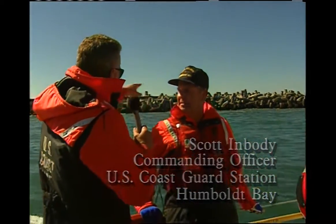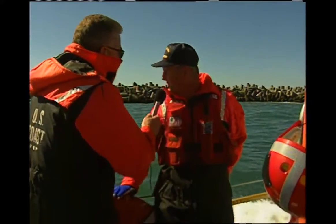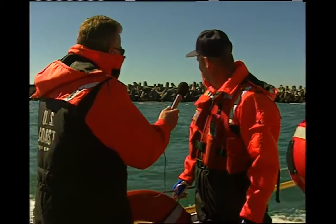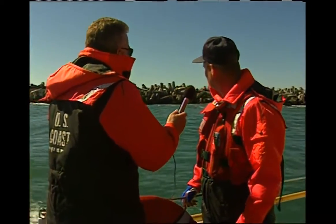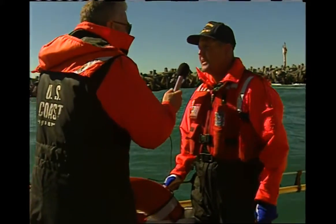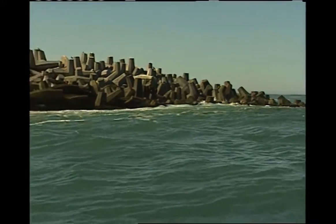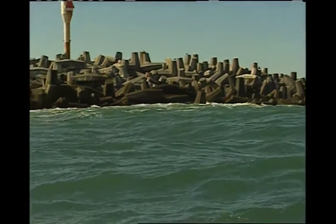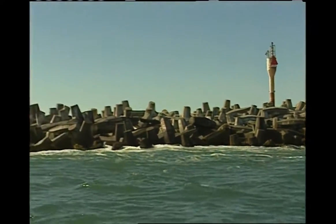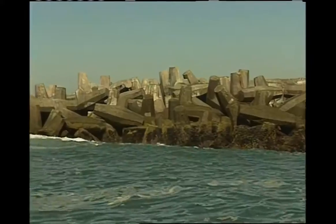Well, tell us what these are out here, what this is we're looking at. Well, this is the south jetty of Humboldt Harbor and the breakwall, and they've put these what they call dolos in to break the impact of the waves as they hit the breakwall and keep it from washing it away. Because you had problems in the past 100 years just keeping a breakwater intact, right? Right, they put large rocks and boulders out here, but nothing was really designed to dissipate